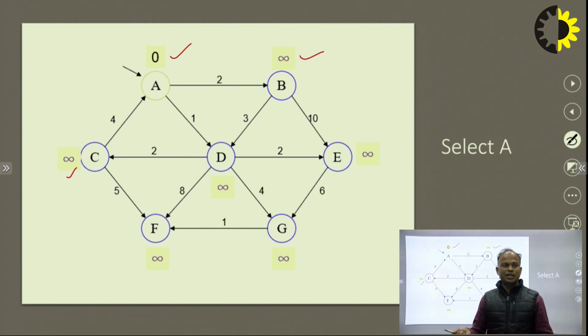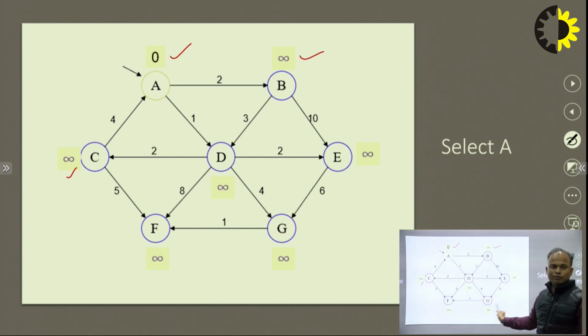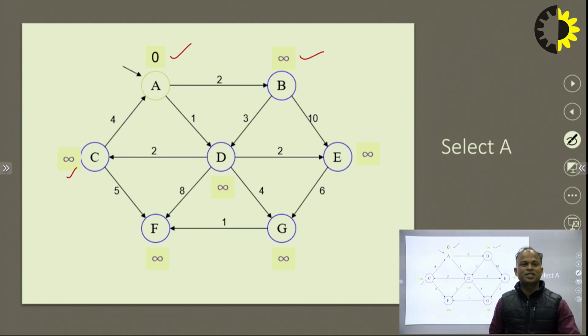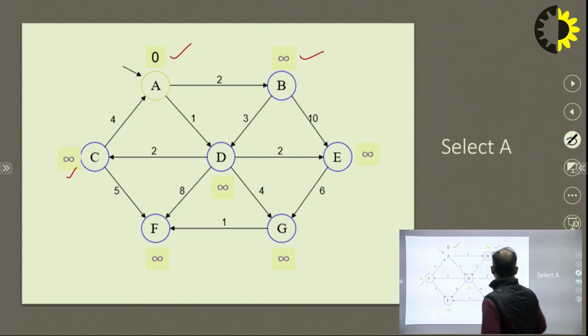So initially we have selected A, and we have marked 0 here, and for the rest of the vertices, we have mentioned infinity. The distance traveled so far is infinity. Therefore, we are mentioning infinity because we have not traveled. After traveling, we will set these parameters, but initially we have not traveled. So therefore, we are mentioning infinity here. After that,